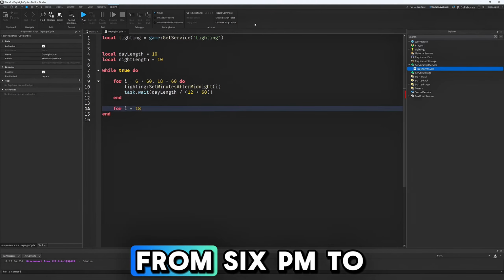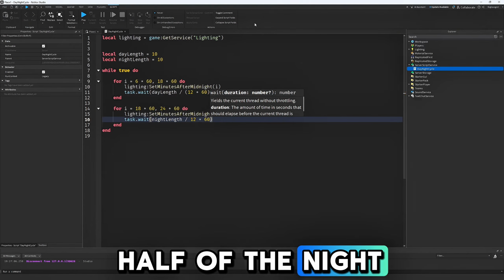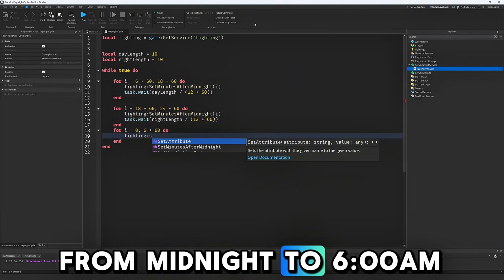The second loop goes from 6 p.m. to midnight, doing the same thing to simulate the first half of the night. The third loop goes from midnight to 6 a.m.,